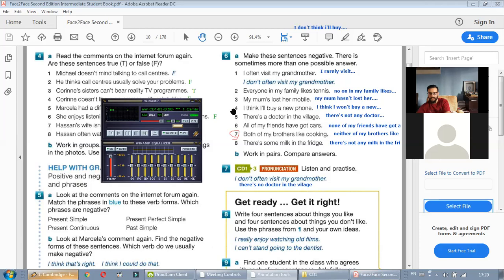I add the negative to the will, but I should negative the verb think. Correct, but do you think there's a difference in meaning? Yeah, I don't think it's different from I won't buy, because I won't buy, I haven't the intention to buy a new phone, but I don't think